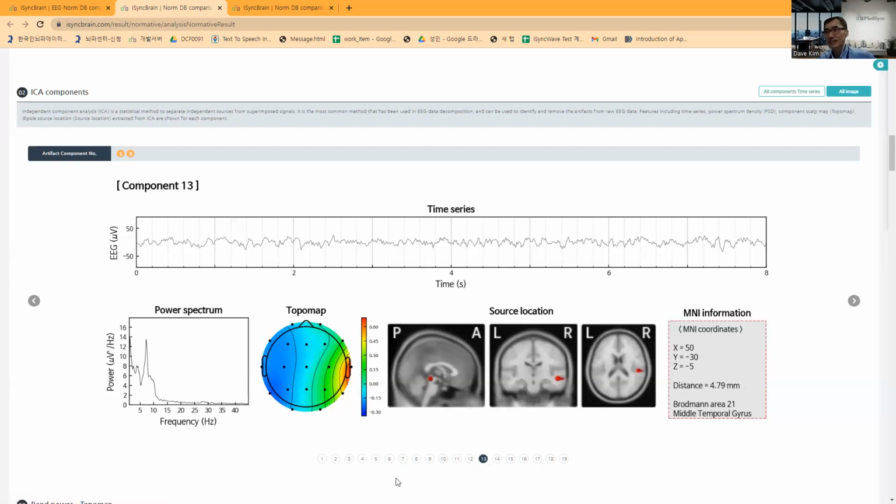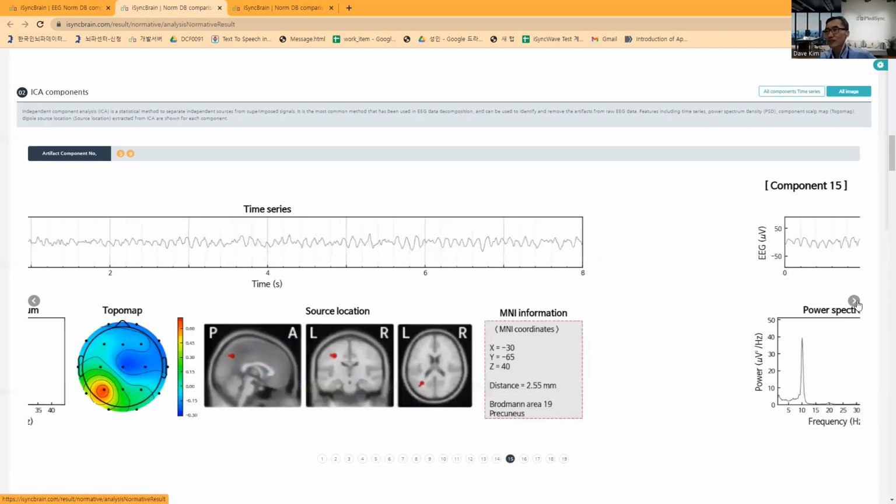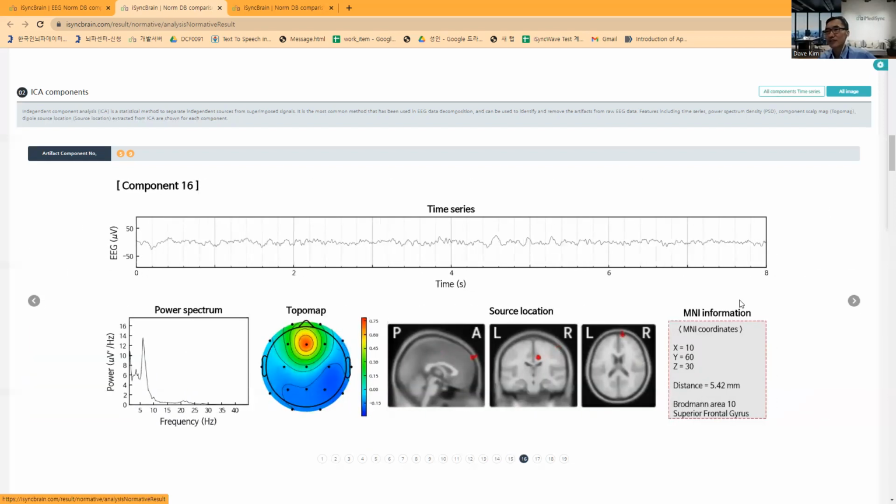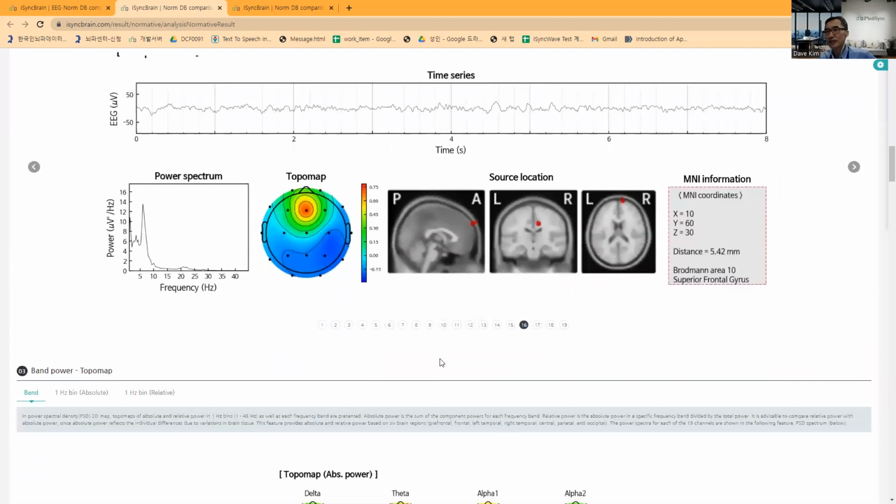In this case, the theta activity in the frontal and temporal areas is in the middle of the component, so the symptom is mild, I think. But basically the frontal theta and temporal slow activity is not a healthy activity, and we can associate this frontal slow activity with his ADHD symptom, basically.